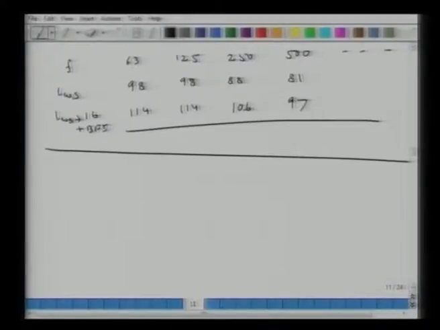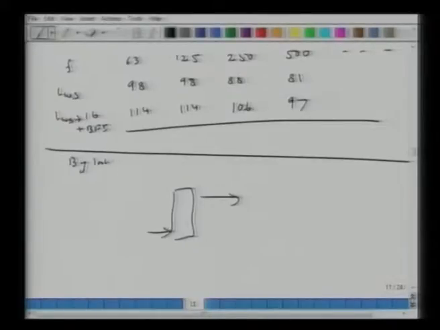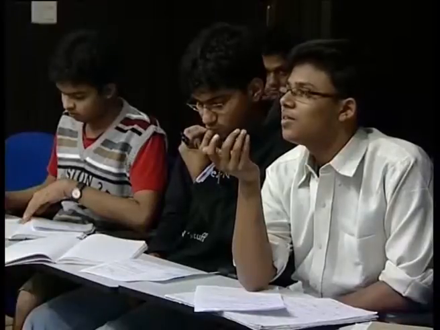Now you may also encounter a question: you have a fan, it has an inlet and it has an outlet. You may be wondering how much is contributed by inlet and how much by outlet. So you just split it half and half. The inlet contribution, when I do half of it, what does this number become? This is in decibels and power. So how much should I make it, 57? Not 57. 3 dB.